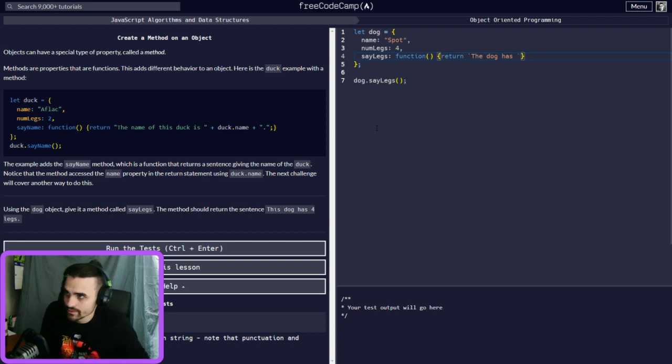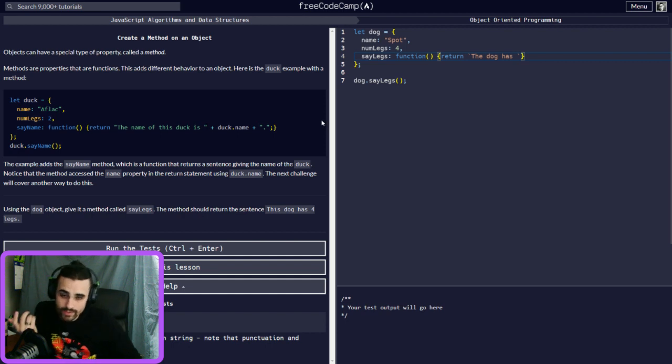Now, this is where the difference comes in, remember? Like how we did in this example, you're concatenating the string by adding the plus, the name, and then adding another plus, and then doing this.